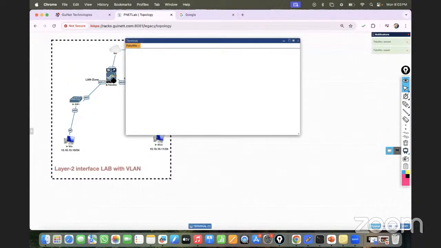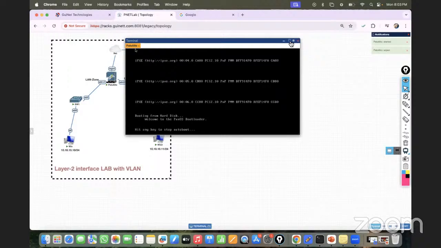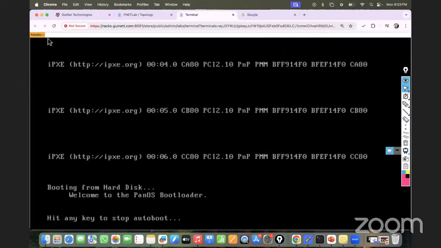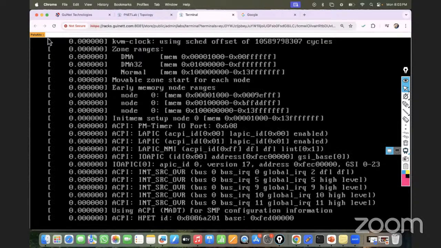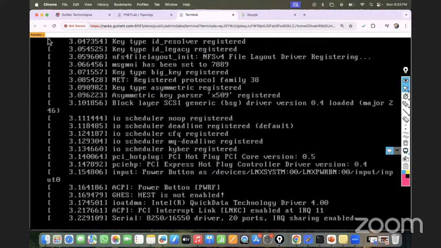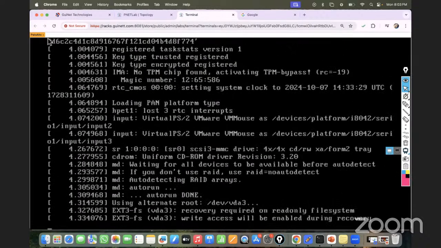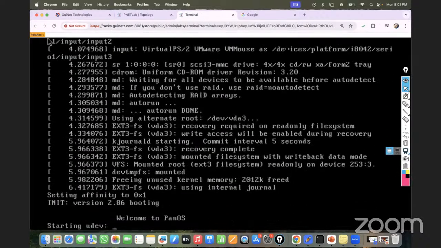And at the same time, I'll explain how a zone is deployed for a layer 2 environment, right? Let's suppose I have the firewall and I want to use the firewall as a layer 2 switch. Then how does the zone play a very vital role? Because in the switch we have layer 2 interfaces which can be configured for trunk or as an access port. But if I want to